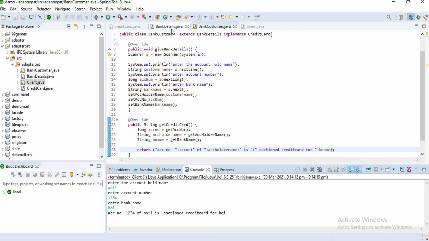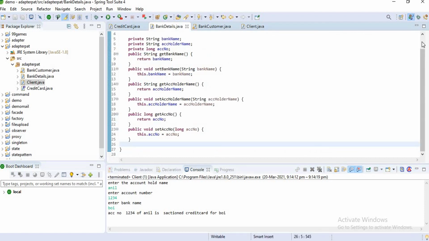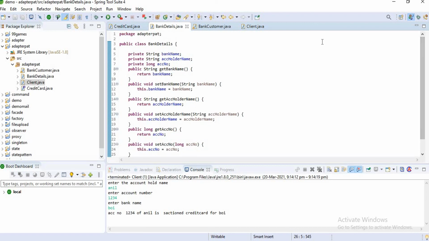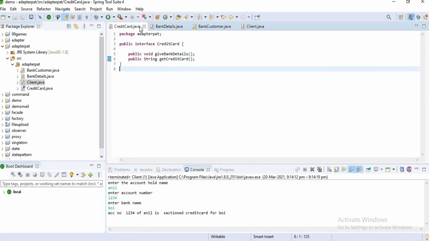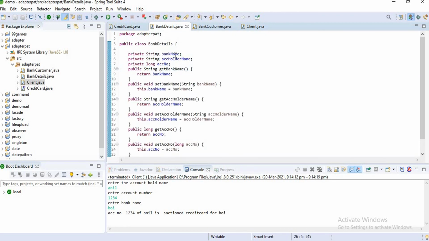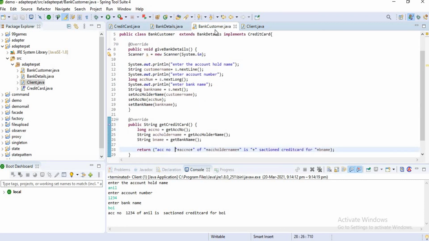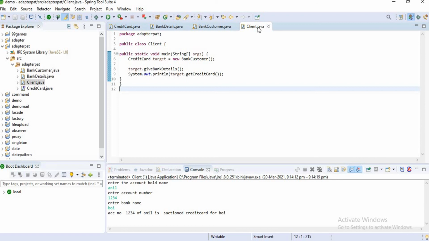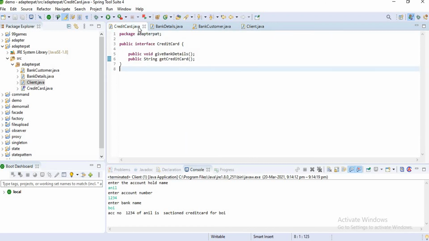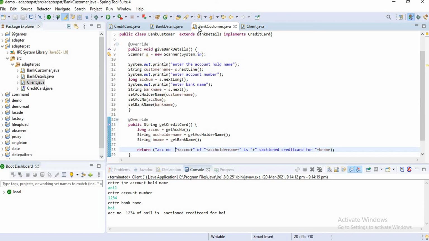It means I have some existing functionality, which is nothing but bank details, but the client wants something, which is my target interface, credit card. By using this adaptee class, which is the existing functionality, I have built an adapter class using the client requirement and the adaptee class. And now we just tested as a client whether my functionality is working properly or not. Now if you observe, my functionality is working properly. Okay, guys, I have created a client-decided interface class, and I think you guys got it.